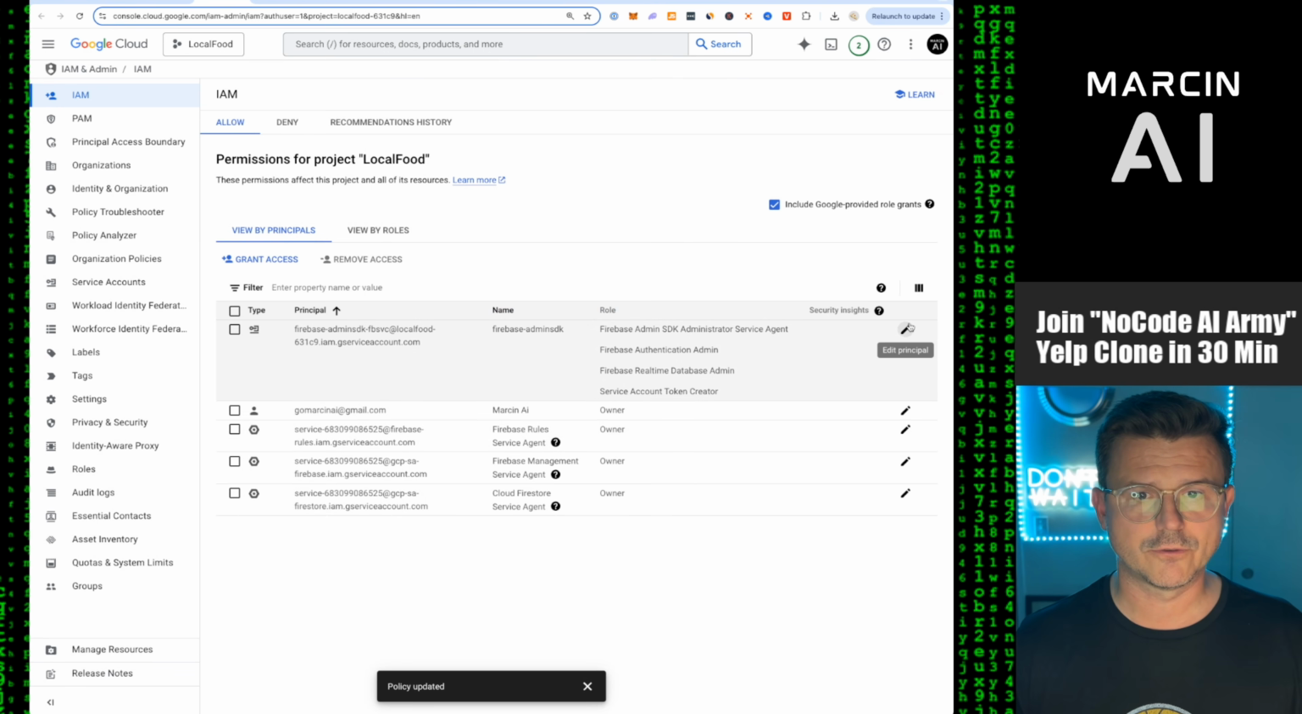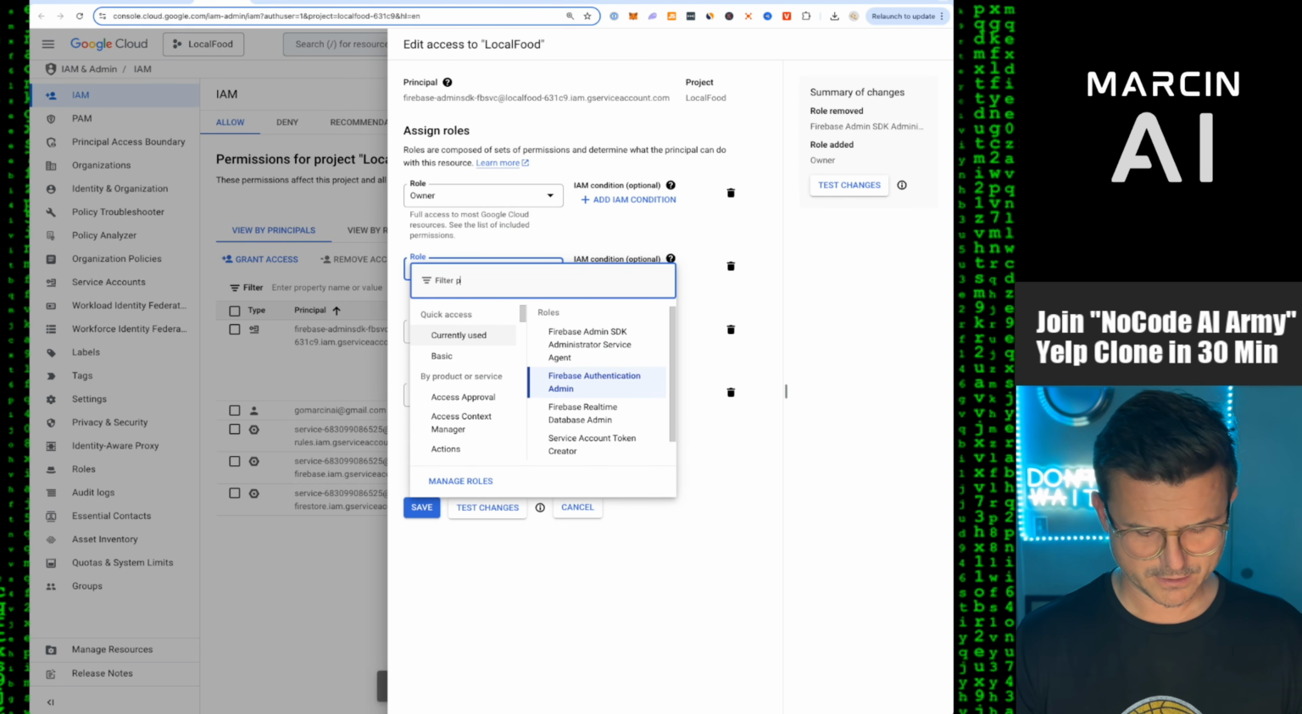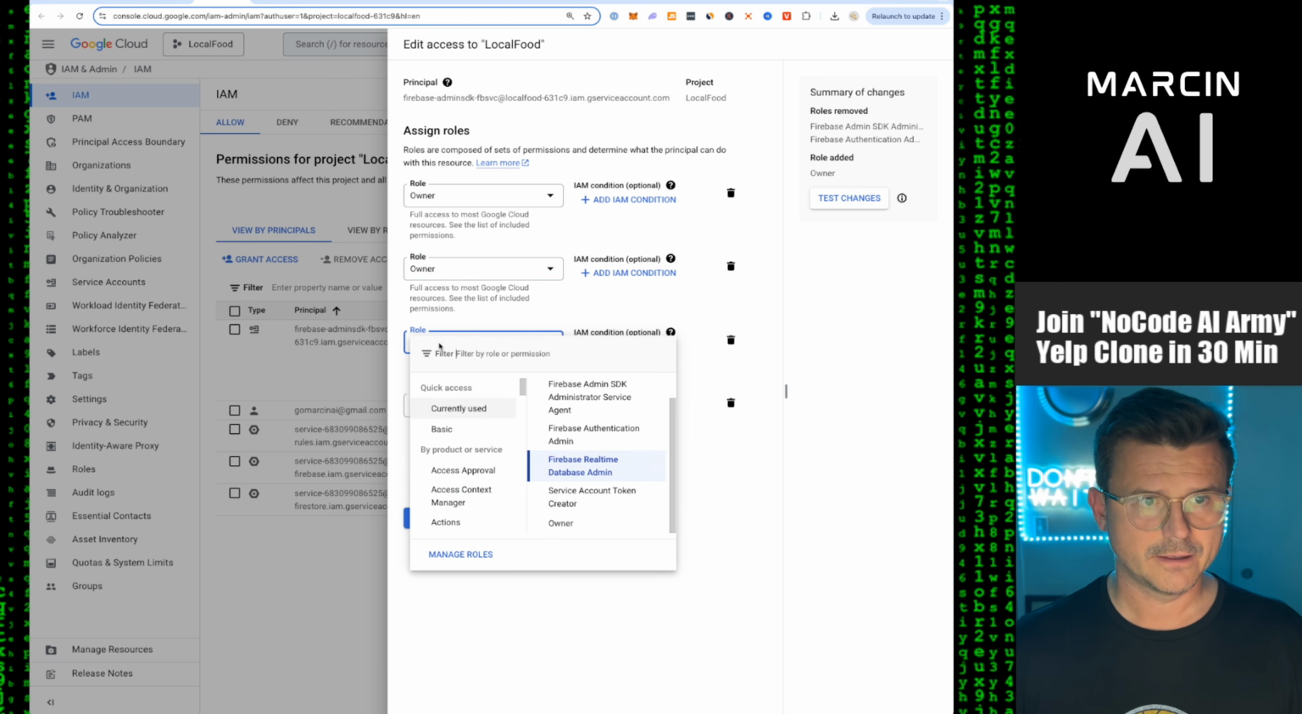And then the last one, the 4th one, is up here. And then we just change all these to owner. Next one. So essentially you're just giving it roles. Owner, one more,